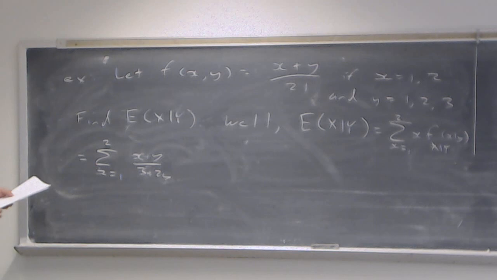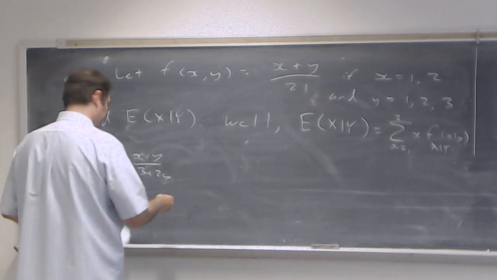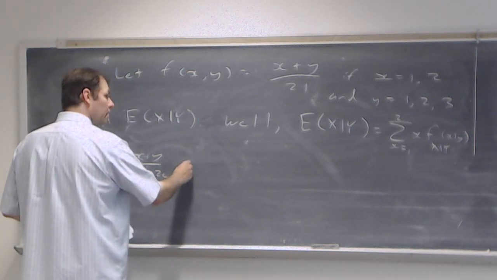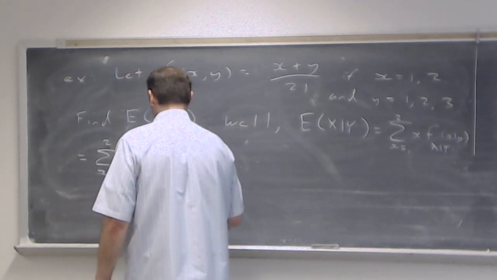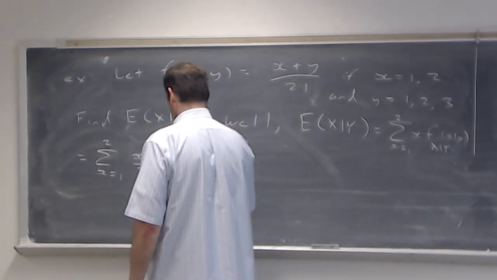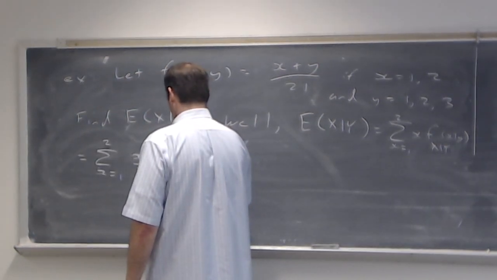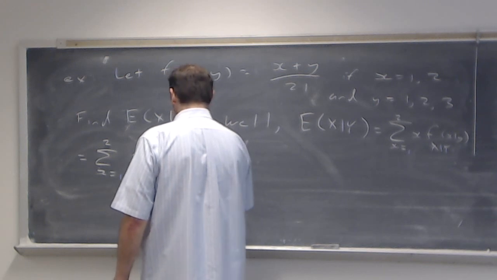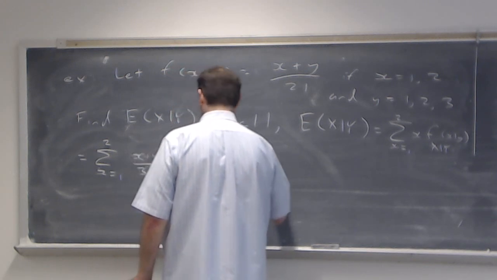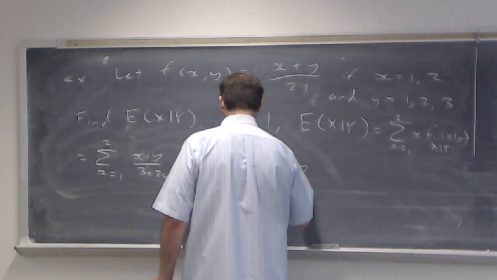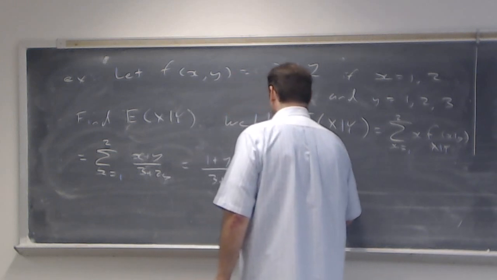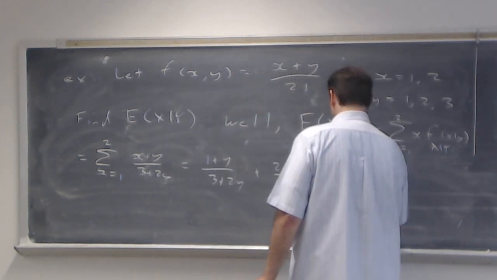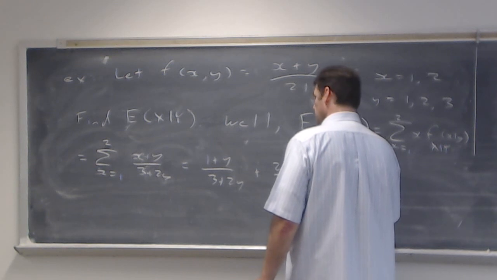Okay. And that's going to be equal to, so here, we're going to get 1 plus y over 3 plus 2y plus 2 plus y over 3 plus 2y, and that's equal to 3 plus 2y over